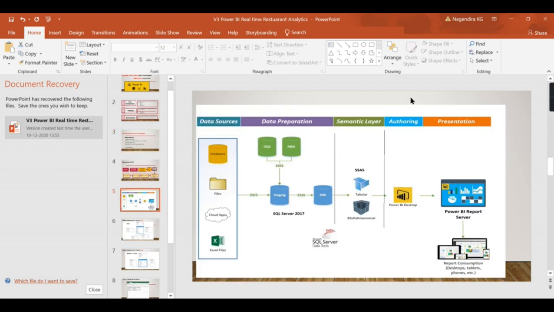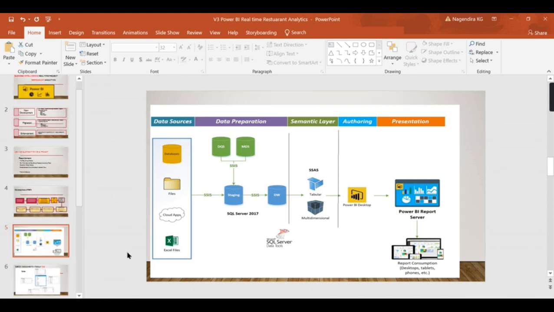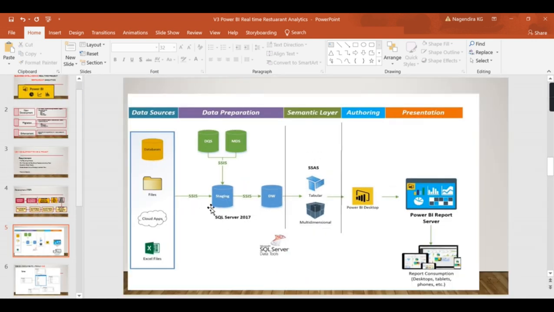The next part is data preparation. Once you have identified the objects, the next phase is to design this layer, the data warehouse. You need to have at least two documents. For the sales module, you need to design a dimensional model. It starts with